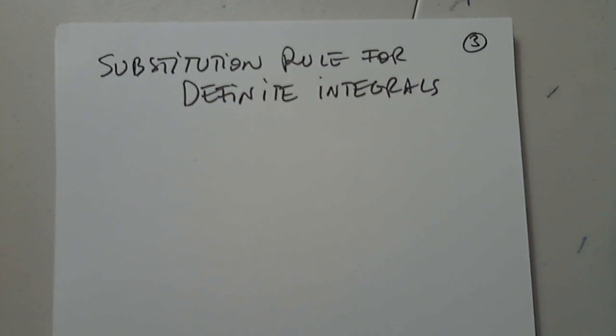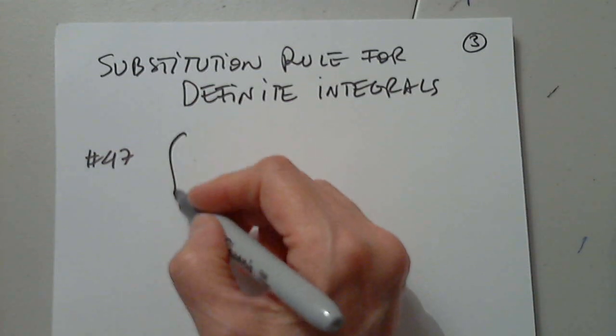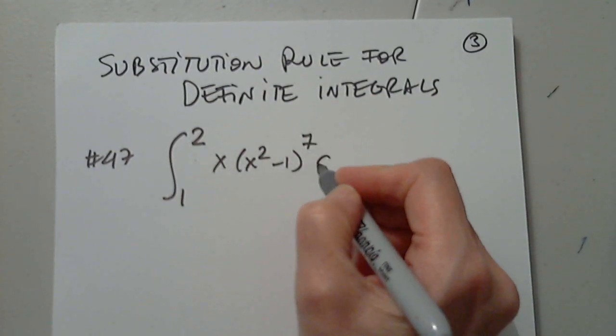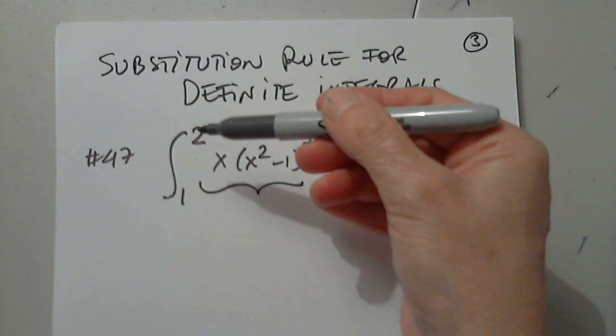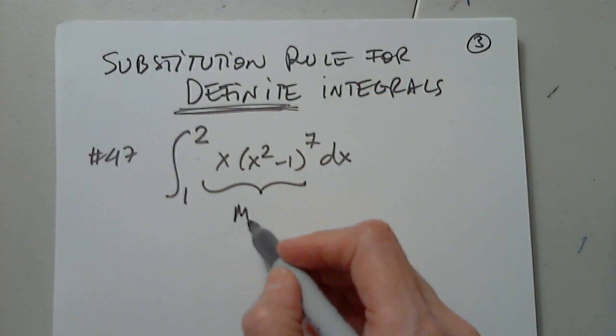Any preference? If not, I will choose. Okay, I'll choose 47. You choose the next one. The integral from 1 to 2 of (x squared minus 1) to the 7th dx. Perfect. Now remember, this function for a definite integral must be